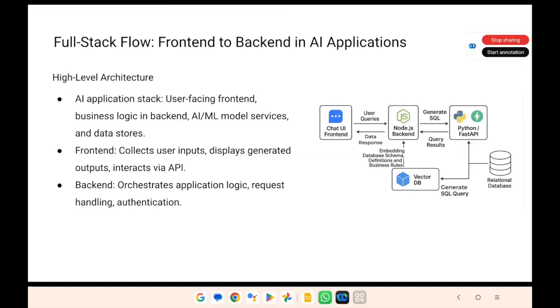So the hands-on, which I am planning possibly in another half an hour, will be a complete end-to-end AI application rather than just focusing on the AI, because now the industry requirement is changing.